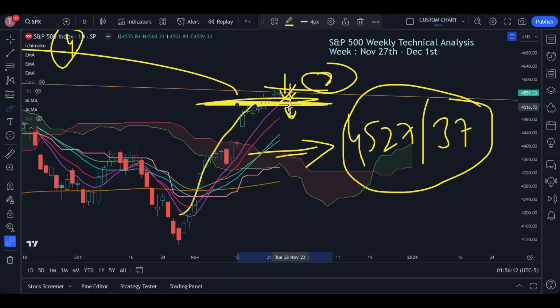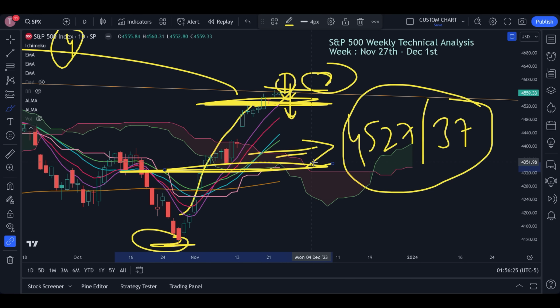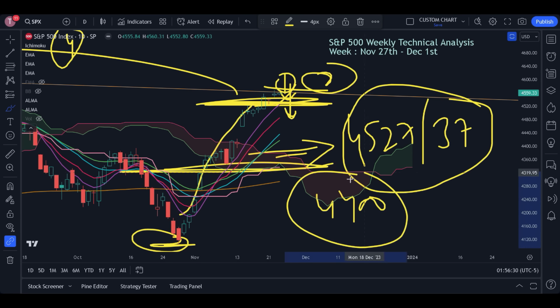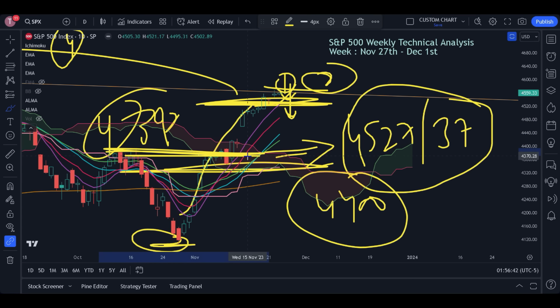When that happens, then there will be more reversal. So where exactly will this reversal be heading to? If we use the Fibonacci retracement from this level to the high of this level, it comes somewhere around here, that is 4300, but comfortably we can say 4400. So technically 4400, or even if you look into the high of this candle, that was 4393.